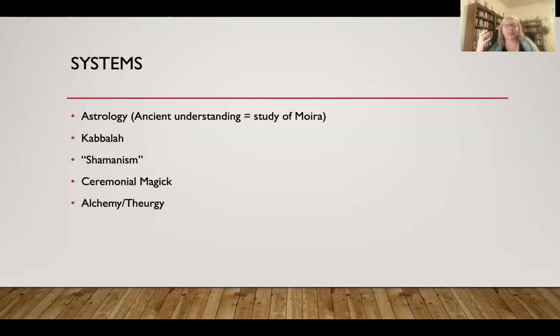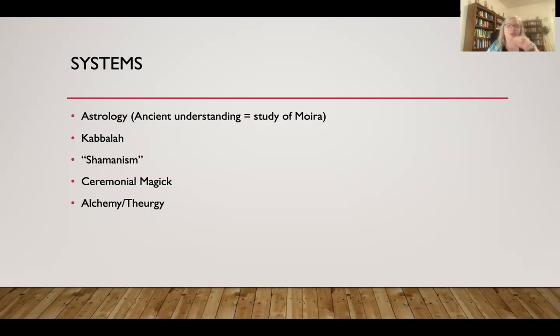There's also a number of systems that are really full systems that you can learn. There's astrology, which you could call a number of things, but I really think of it more as a system, because its ancient understanding is that it is the study of Moira. It's the study of fate. So there's an entire huge system, and there are multiple branches of it. There's the Kabbalah, which is associated with Judaism, obviously,